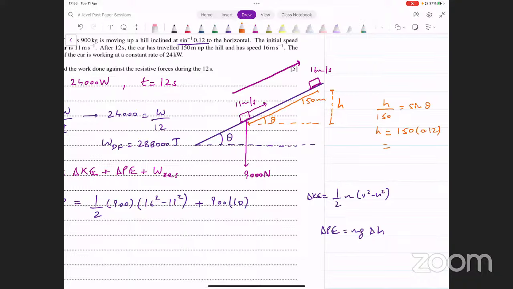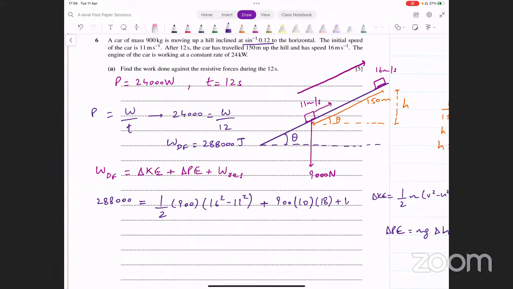ये आपके पास change in potential energy भी आ गया। And then you have work done against resistance, वो आपको figure out करना है। इस equation को बस आप सॉल्व कर लेंगे, वर्क डन अगेंस्ट रेजिस्टेंस आ जाएगा।